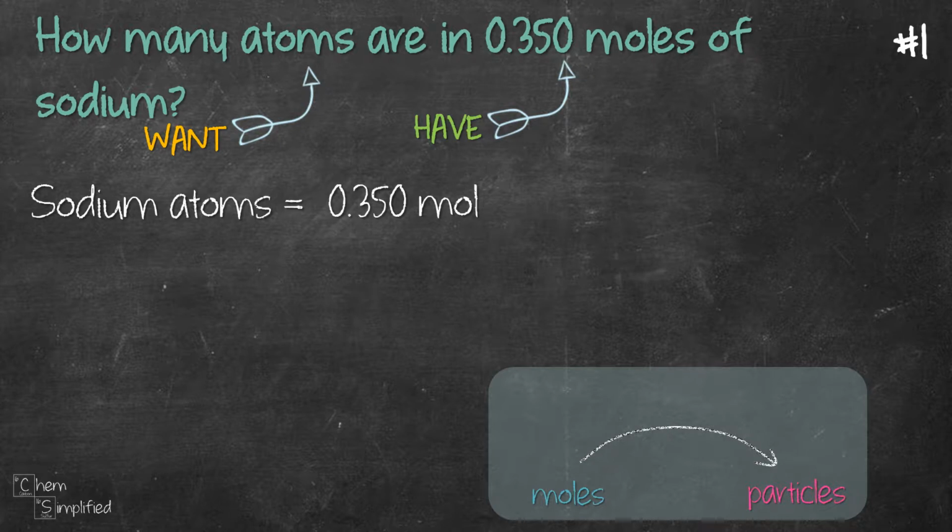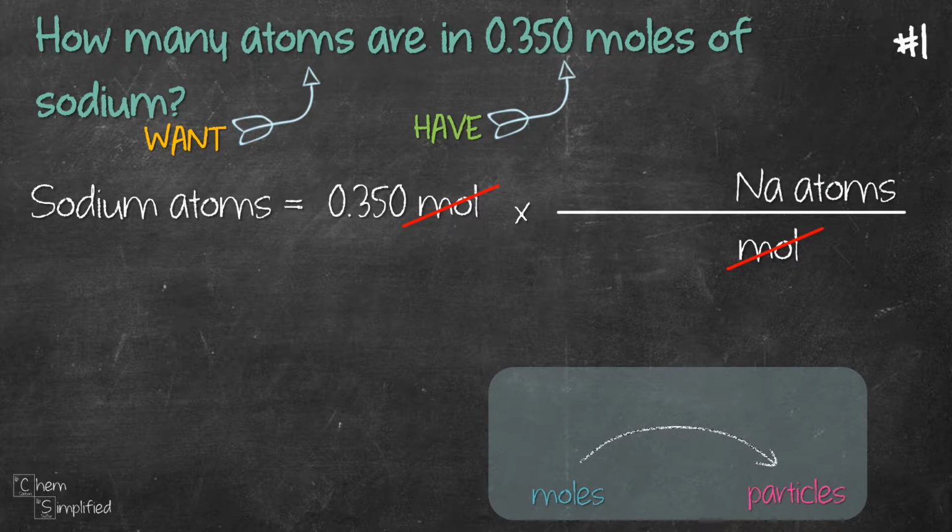And then we place a multiplication sign and draw a line across. Place what we want to get rid of at the bottom, and in this case it's mole. And then they will cancel out like that. And then we place what we need to find at the top, which is sodium atoms. Using Avogadro's number, 1 mole of anything is 6.02 times 10 to the 23. So we place 1 next to mole and that whole number, 6.02 times 10 to the 23, next to sodium